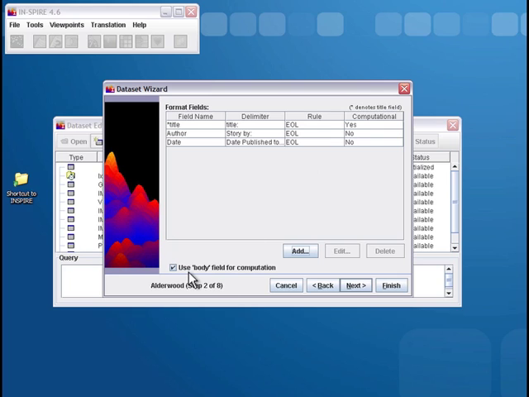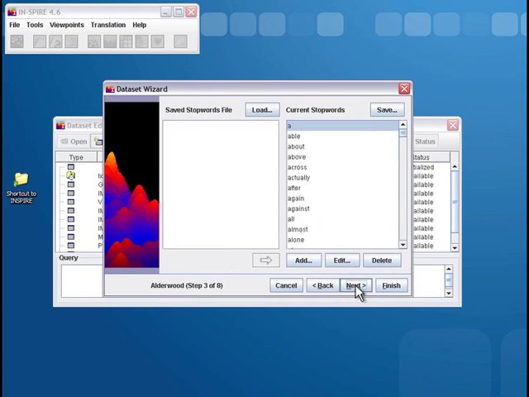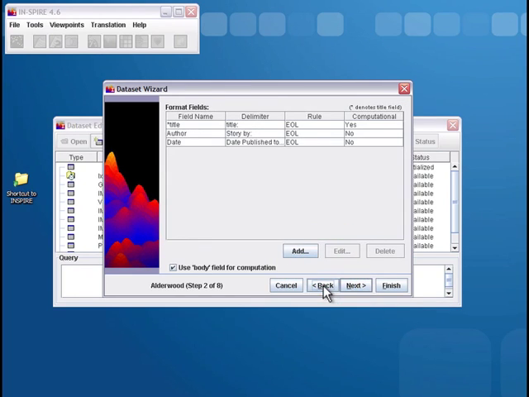And then since the body, the main content of our documents, didn't have a delimiter, we're going to leave this box checked that says use the body field. So basically everything after whatever you put up in here, use everything after that for computation, and that's what we want. There are other options here, stop words and stop phrases, and you don't need to worry about that stuff right now. So just click Finish,